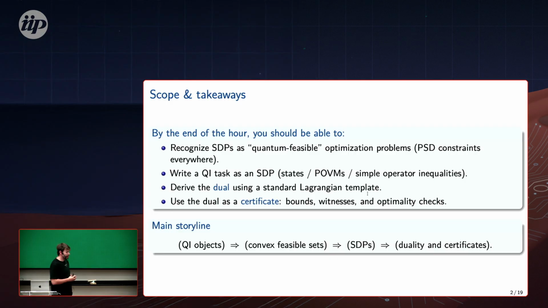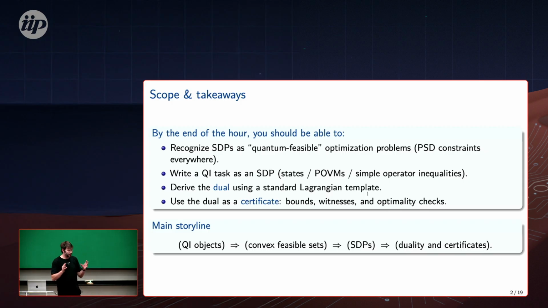I set a bit of an ambitious program for these three lectures, but I'm also happy to take it a bit slower. The important thing is that you understand what SDPs are and get an intuition of how they work and how to work with them, what they can be used for. And I'm also happy if I don't cover everything I plan to do. I tend to plan way too much for such lectures, and I'm very happy to be slowed down. The important thing is that you get the most out of these lectures, so feel more than encouraged to ask me to slow down or discuss further something that you didn't understand well.